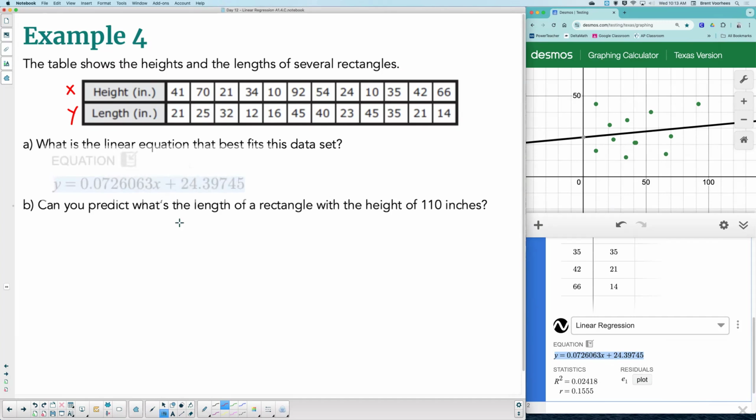If we were going to round this to one decimal place, it would be y equals, hey, stay with me, please, 0. Would we call it 0.0 or 0.1? How would we round that? 0.0 or 0.1? So is 7 5 or bigger, or is 7 4 or less? What is the 7? Is 7 bigger than 5 or less than 5? It's 5 or more, so that means it makes the 0 bigger. So it should be 0.1